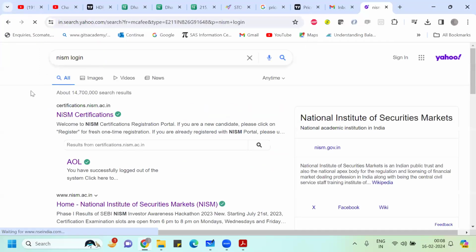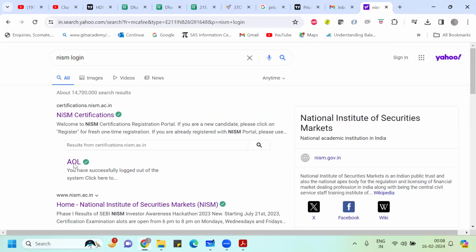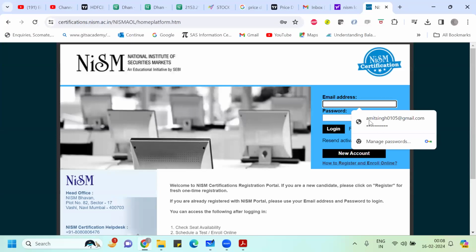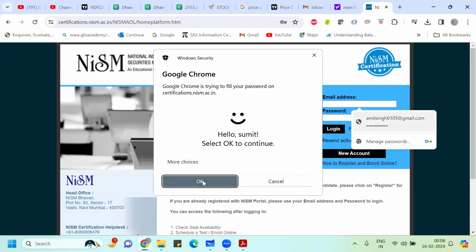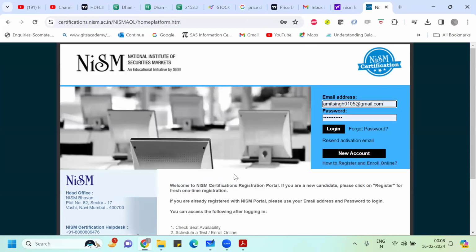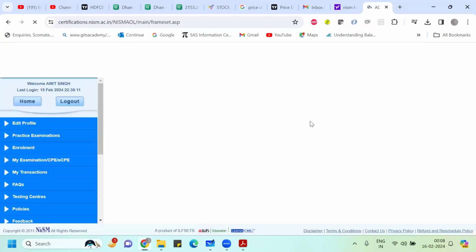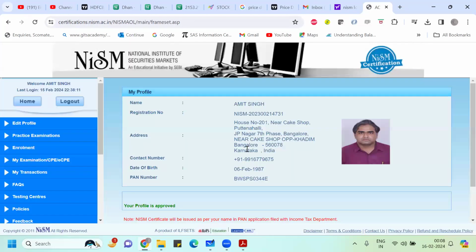Either in Google, you just go and search for NISM. Here I need to give my details. I need to fill in my email address and password. And the moment I do this, probably I'll get into this login page. And then